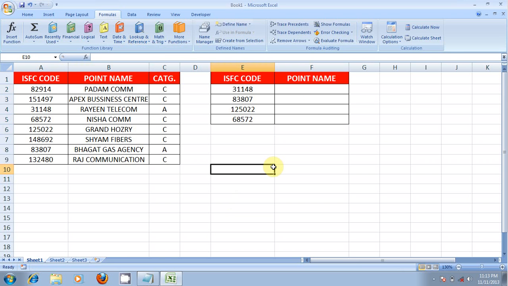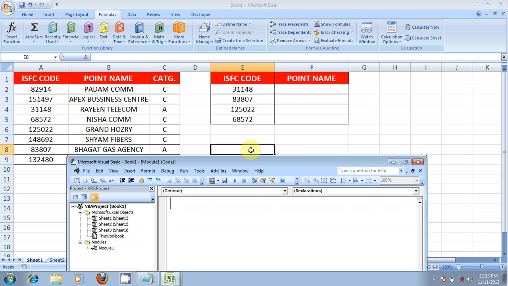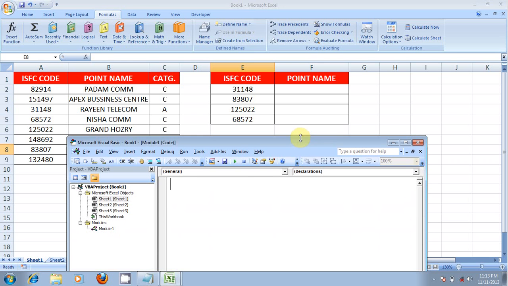In this video I am going to discuss the VLOOKUP function using VBA code. It is required when we are going to automate a report on huge data. These play a very important role in using VBA code for the formulas and functions of Excel. To do this, just go to the code window. The keyboard shortcut for the code window is Alt F11. And write here a subroutine for the VLOOKUP function.